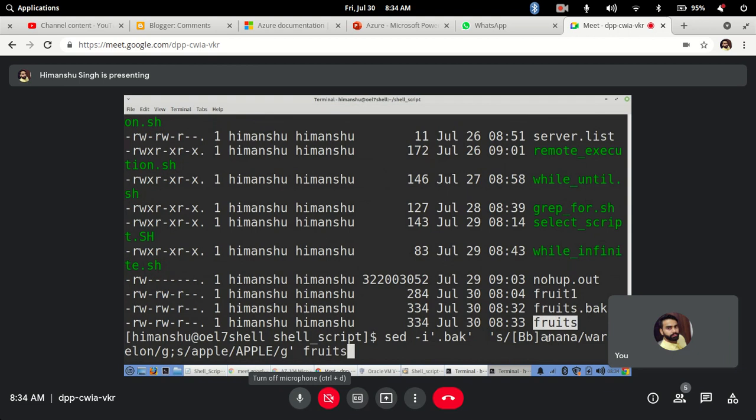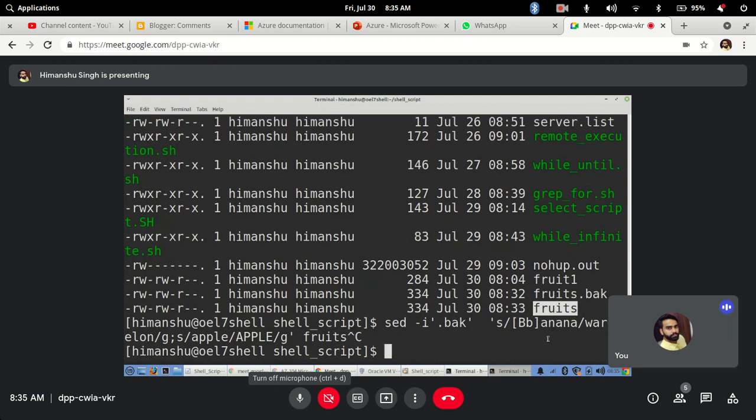Now next, let's see the AWK command. AWK is a scripting language in itself, as I sent you the link also. It is used to manipulate your data and generate reports directly. AWK will be more helpful than your cut command, so I prefer to use AWK rather than cut.